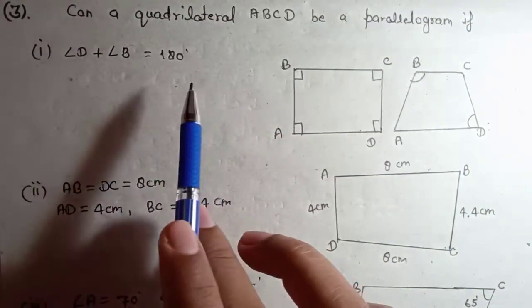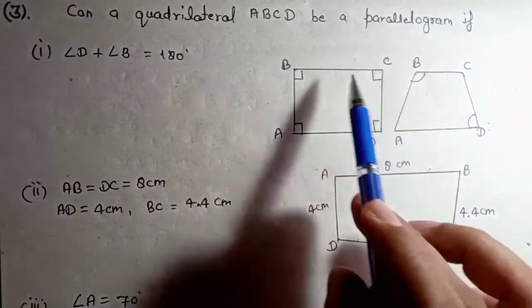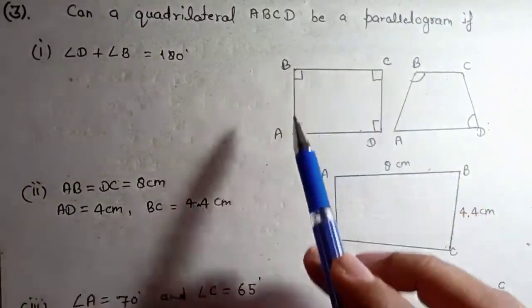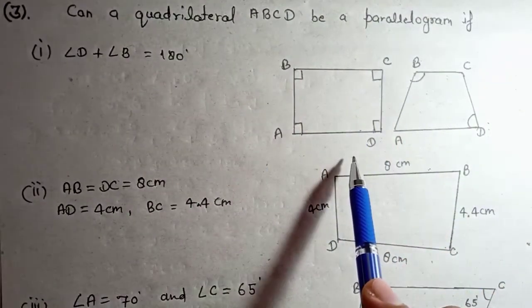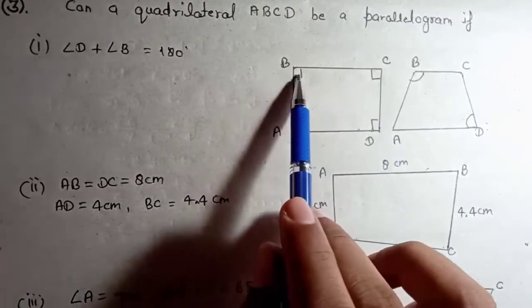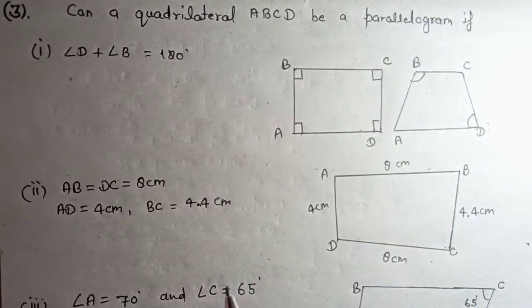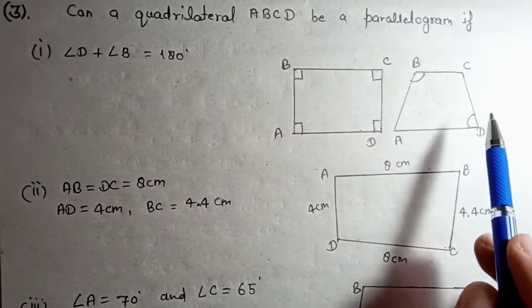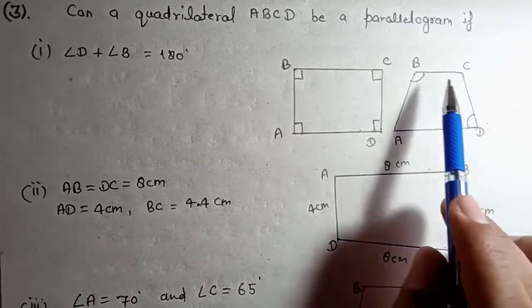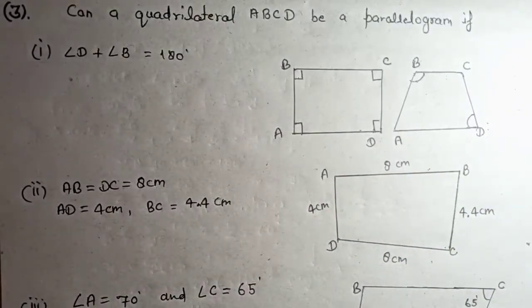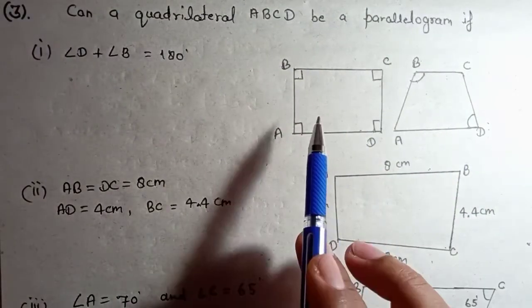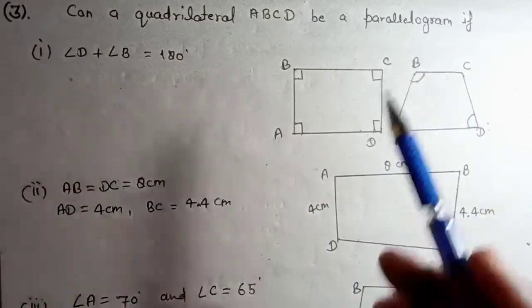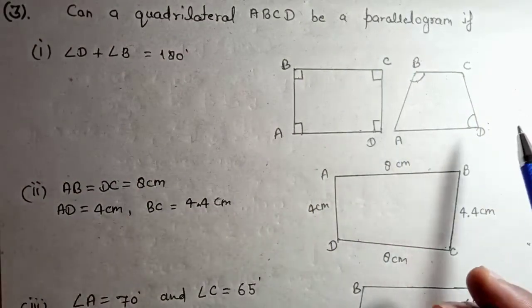So angle D plus angle B, in both the figures you can see this is a rectangle, and in case of a rectangle you can see angle D plus angle B because both the angles are 90 degrees. So you will get the sum of D and B is equal to 180 degree in case of a rectangle. And here is a trapezium. It is made that these two opposite angles give the sum of 180 degree. It is possible. So you can see in these two figures, if you apply this condition, that may be a parallelogram or a trapezium or anything else.